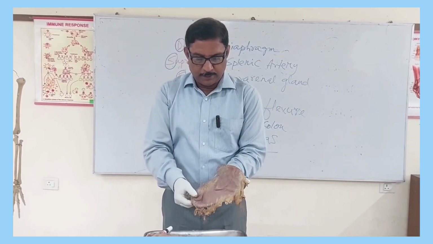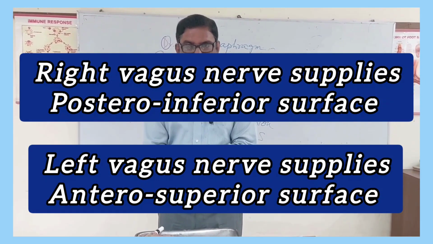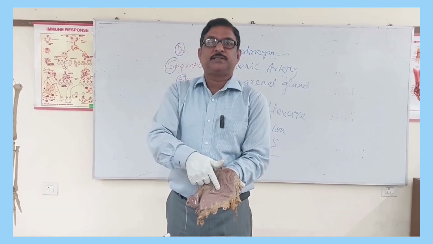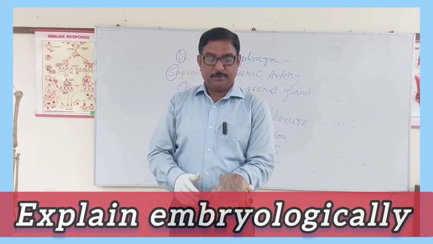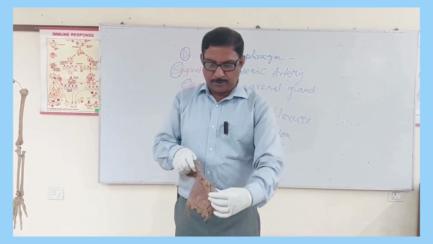I must hold it in the anatomical position like this. The right vagus nerve will supply the posterior inferior surface and the left vagus nerve supplies the anterior superior surface. Why? The explanation is this: when the stomach develops,